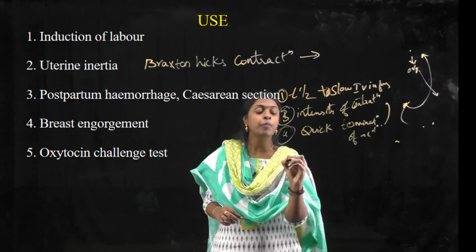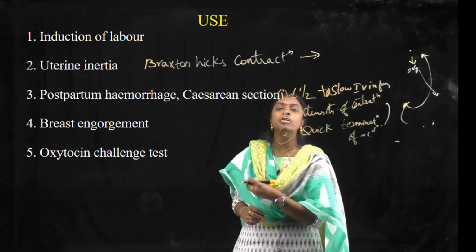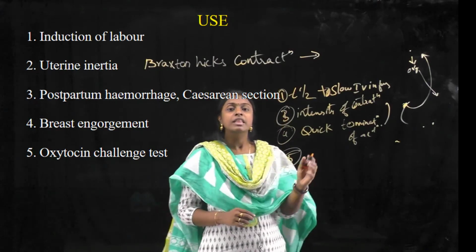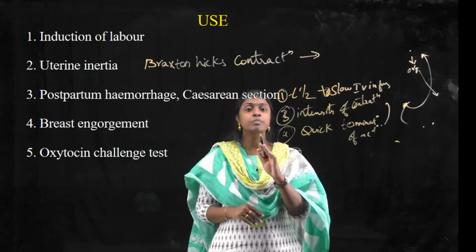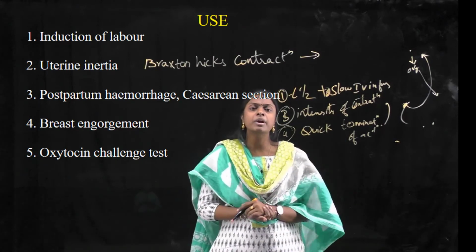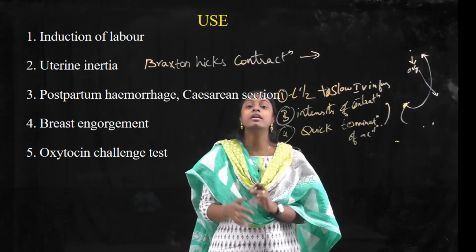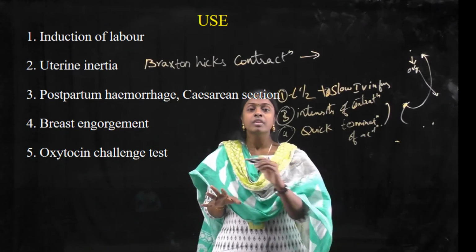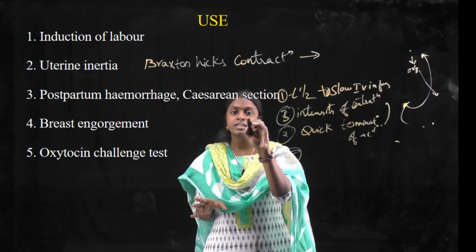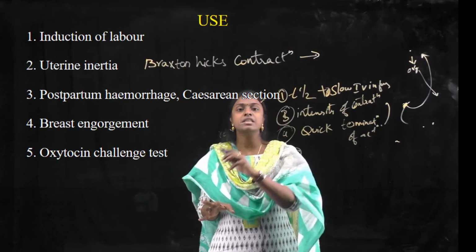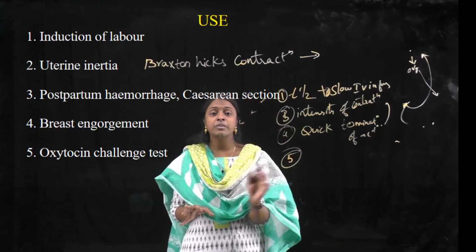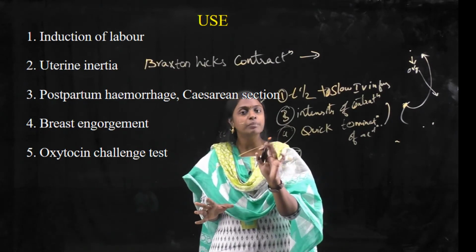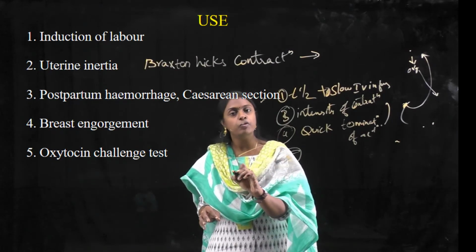And the fifth point will be, I already told you when I was talking about oxytocin, when we are giving oxytocin, there will be full relaxation between the contractions. Even ergometrine will have relaxation, but it won't be full relaxation. It will be like relaxing, contraction, relaxing, contraction. But for oxytocin, it is contraction and full relaxation of that muscle, then it will go for another contraction.